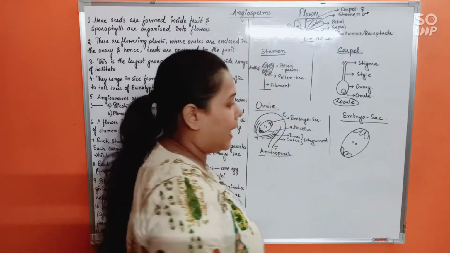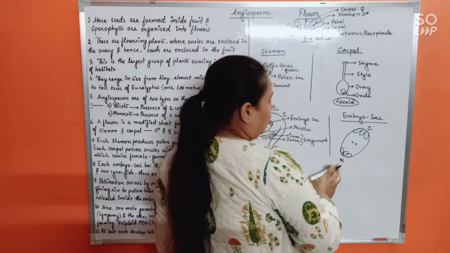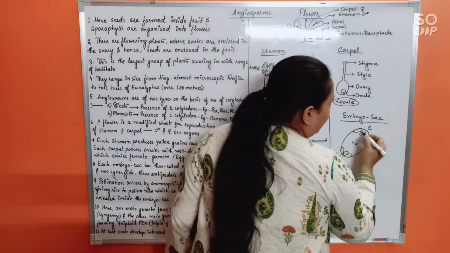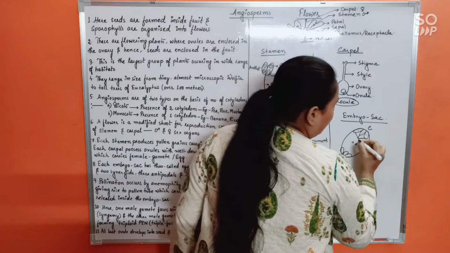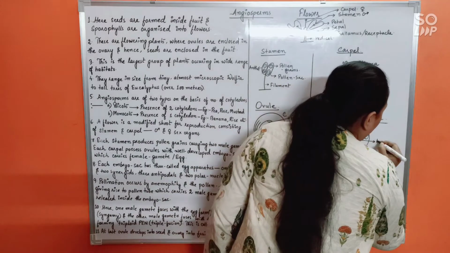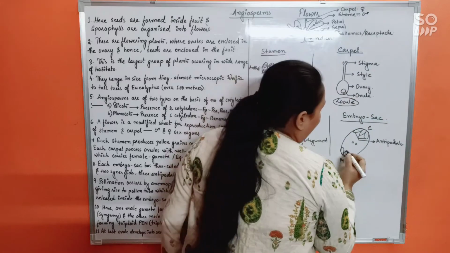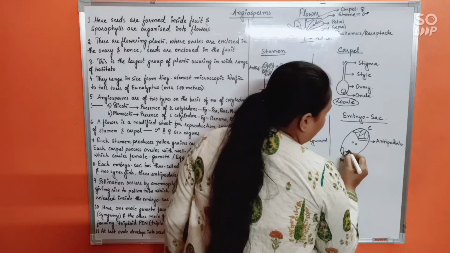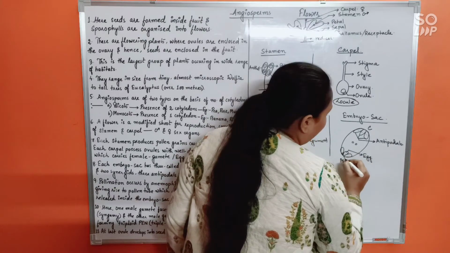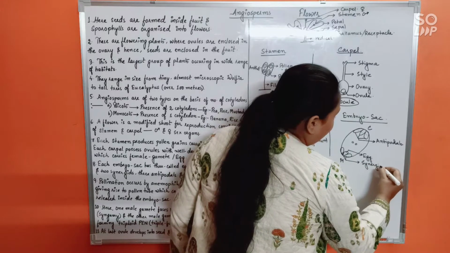A typical embryo sac, let me tell you the orientation. Suppose this is the end towards the micropyle, and this is the end towards the chalaza. Towards the chalaza, in the embryo sac, 3 haploid cells called antipodals will be present, and towards the micropyle remains 1 egg, and on both sides of the egg 2 haploid cells called synergids will be present, and